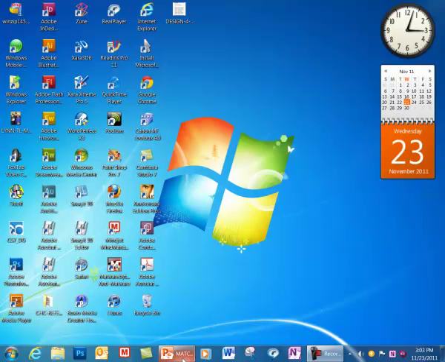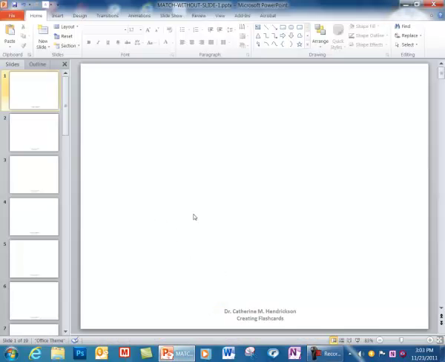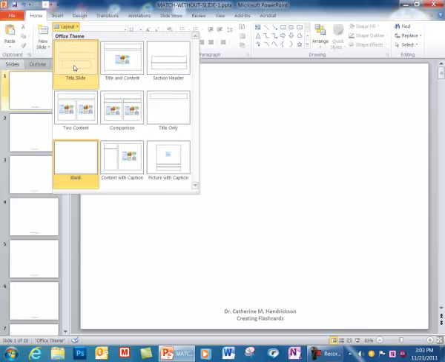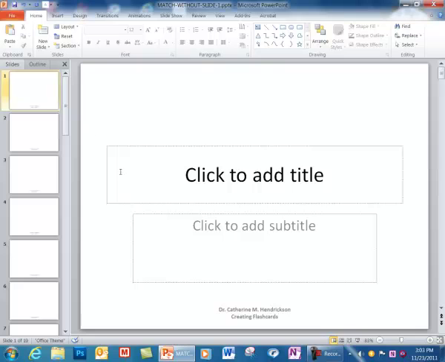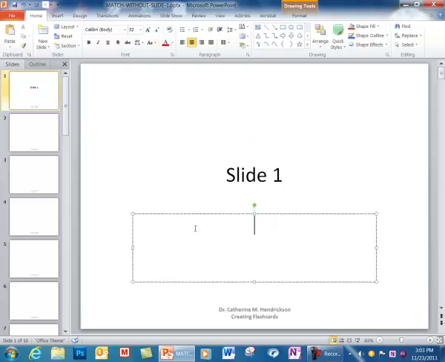If we go down to the toolbar, and I will click my PowerPoint icon, I come up into my PowerPoint program, and at the top here where it says Layout, I will click that and I will click Title Slide because I want 2 boxes on each of the slides. I will click in the top box here and type in Slide, S-L-I-D-E, 1. And then I go to the next box underneath it and I type my first card, which is going to